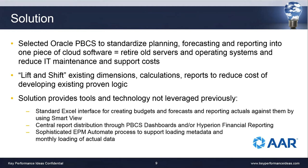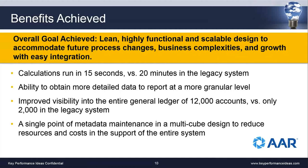They also automated their metadata and data loading process. So that provided flexibility into their plan to plan on a higher level, but also maintained a lower level of granularity. So multiple benefits achieved with AR. We helped AR achieve these,